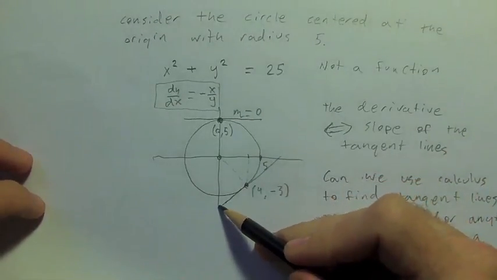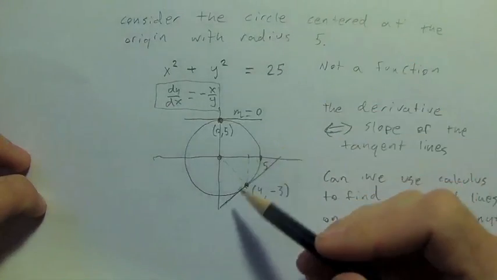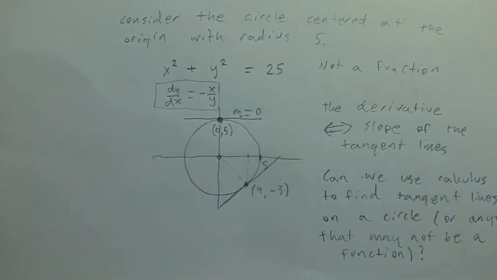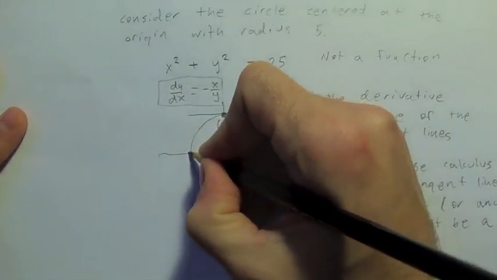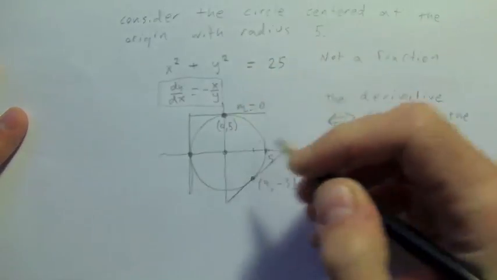Okay, which looks about right, actually. Positive 4/3, not quite a slope of 1, but almost there. And let's see what happens at the point on this side of the circle, which would be